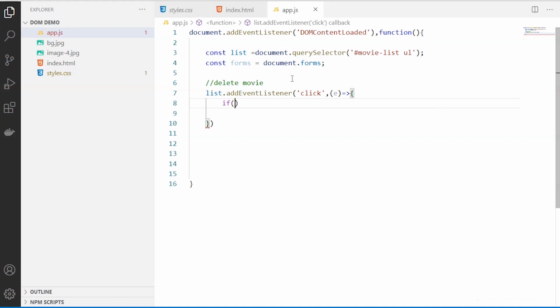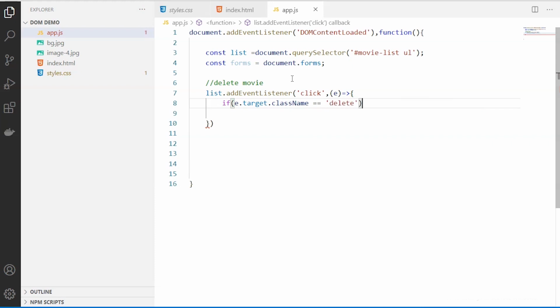Here I'm checking using my if condition if the target element has, as I told you, the event object will have the source where it originated and the target. Here I'm checking if the class name is equal to delete, meaning if I'm trying to click on the delete button.